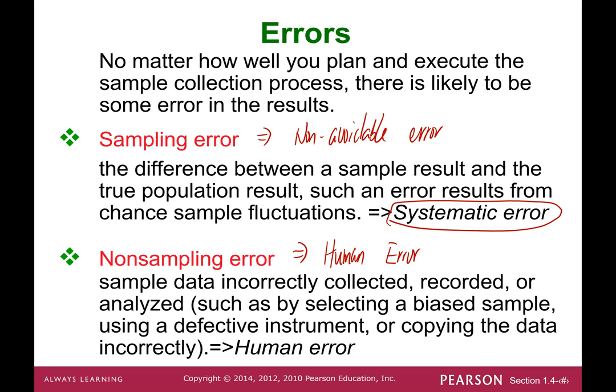So, for example, you could come up with a non-sampling error by selecting a biased sample, meaning you're not picking a simple random sample, you're picking a biased sample. Maybe you just pick a convenient sample, you could use a defective instrument, or copy the data incorrectly. These are all human errors, and you can avoid human error. It's avoidable. Okay, so two types of error,